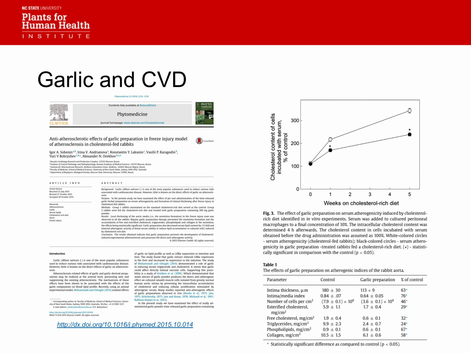But there have been a couple of interesting studies in mice where they've shown that if you take mice and you feed them a cholesterol-rich diet, this is basically just the cholesterol content of these vascular cells. These open circles are just mice fed this cholesterol-rich diet, and these closed circles are mice fed a cholesterol-rich diet plus garlic extract.